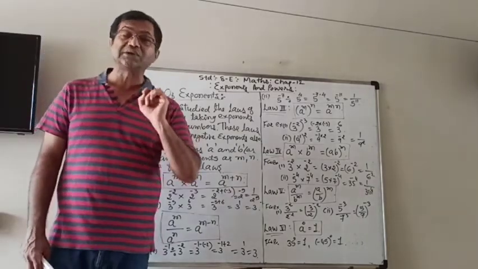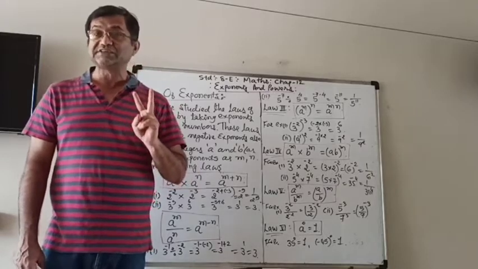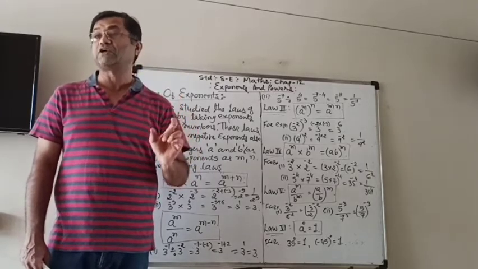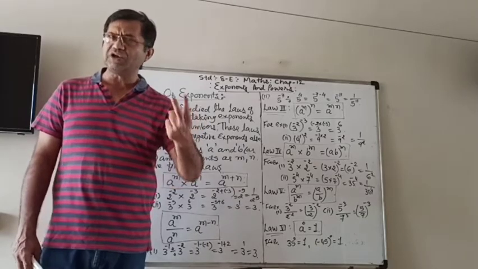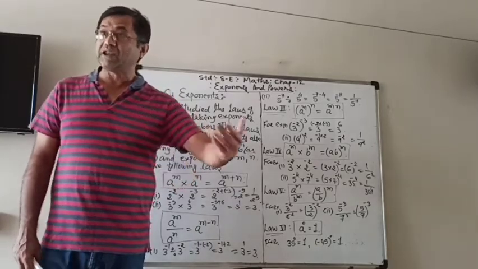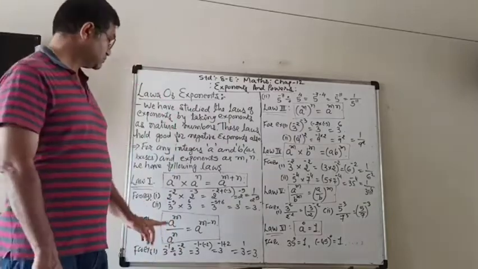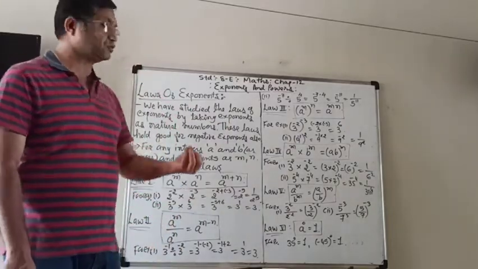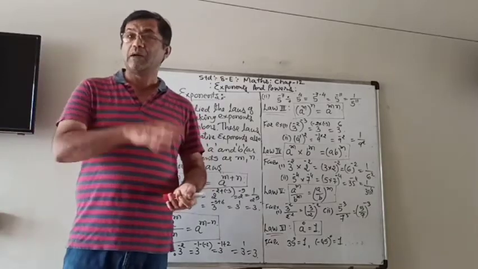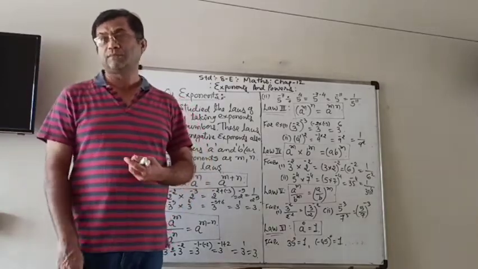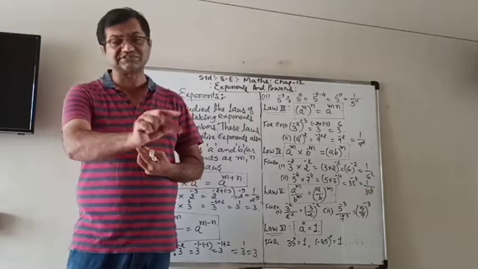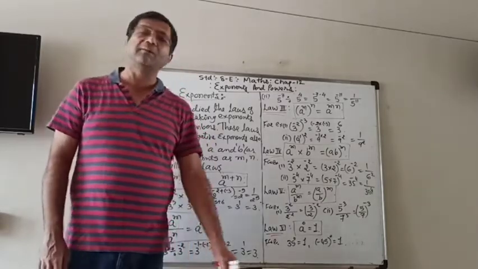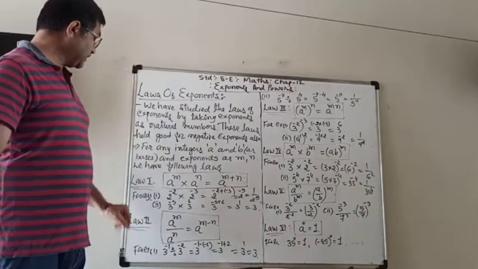But you have to remember that it is applicable when bases are equal. And it is not only for two numbers. You can have more also. Here we took only two: 2 raised to minus 2 multiplied by 2 raised to minus 3. But if there are more than two powers like that, which have the same base, the same rule should be applied.